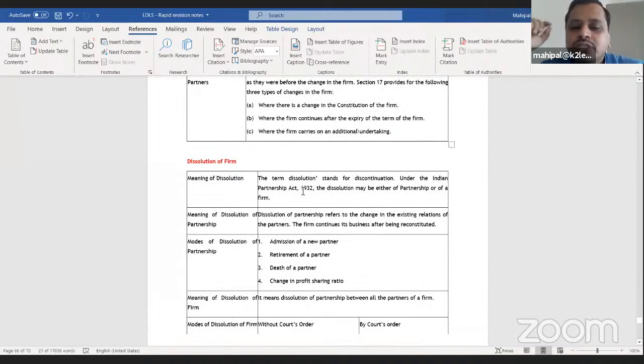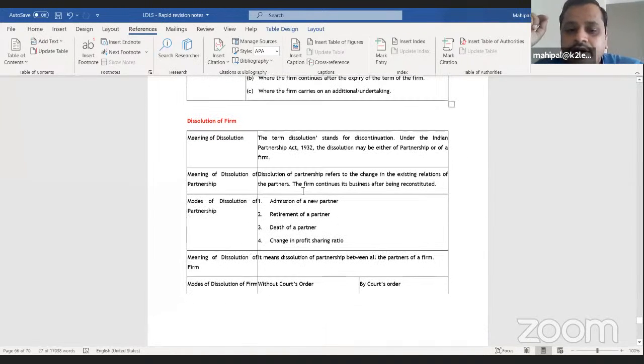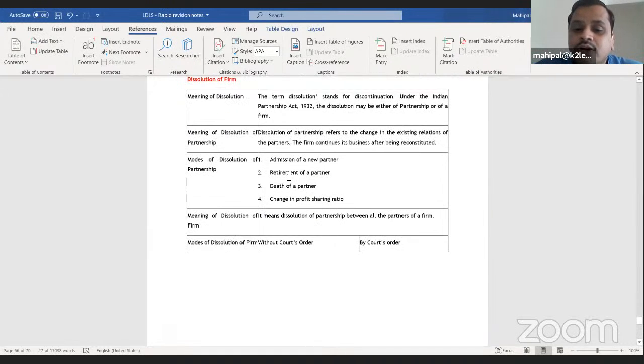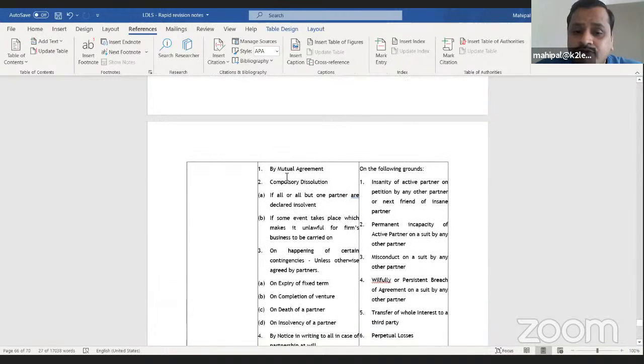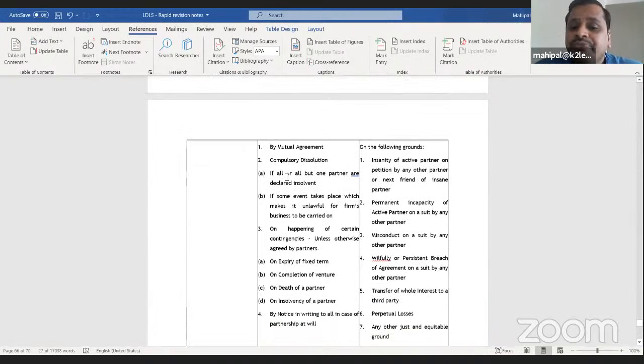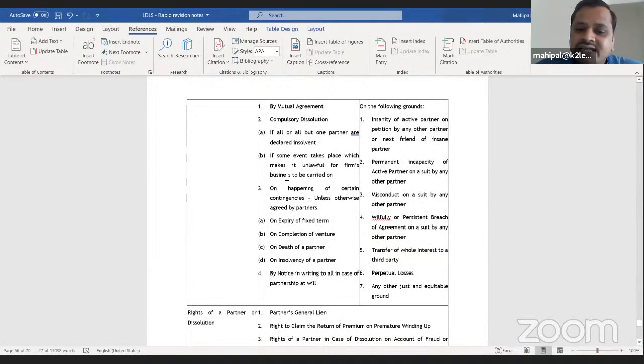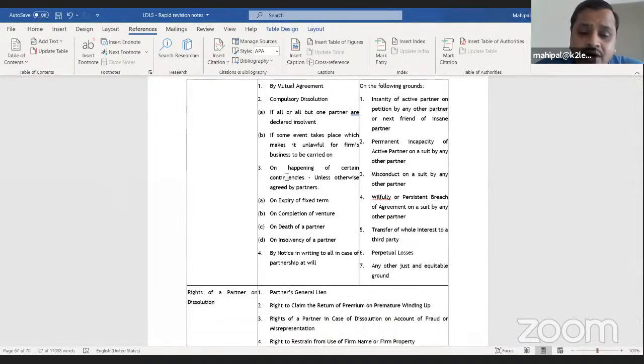Dissolution. The term dissolution stands for discontinuation. Whenever the firm is said to be dissolved, the relationship between all the partners comes to an end. There are two kinds of dissolution: dissolution of partnership, which is reconstitution, and dissolution of firm, which is putting an end, and it comes to an end. A firm can be dissolved in any of the manners: by mutual consent of the parties, by compulsory dissolution, by happening of uncertain contingencies like death, expulsion, completion of a venture or expiry of time, or by giving a